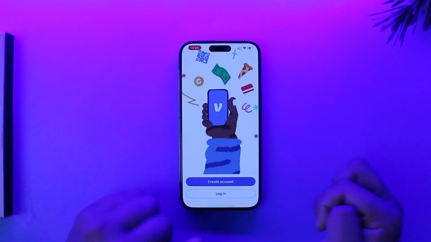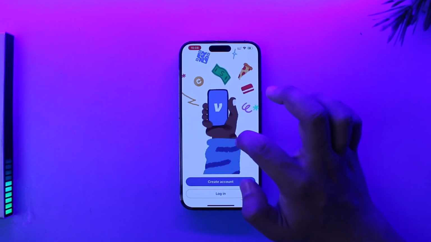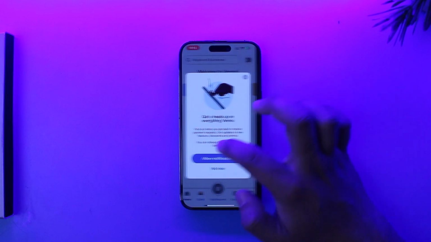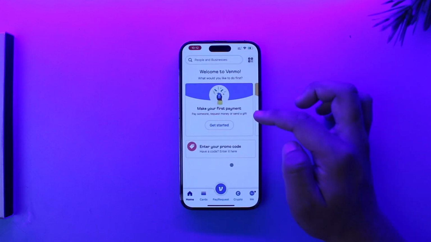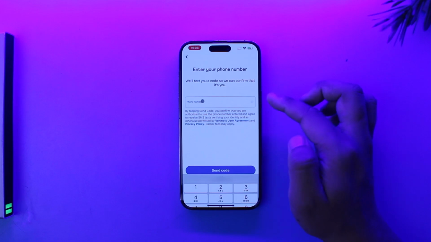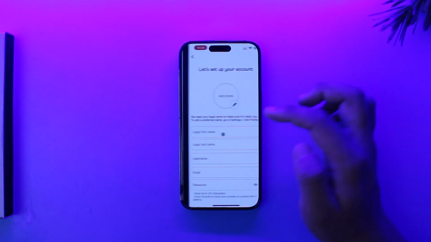If you have an account, you can tap the login button to log into your account. But since we're just trying to create one, tap on the create account button. You will see a couple of options where you can allow the notifications and so on, and once done, it will ask us how we're going to use Venmo. Select the information and select a couple of options, but it will also ask you to enter your phone number and get verified. So enter your phone number and then just enter the verification code sent to the phone number,